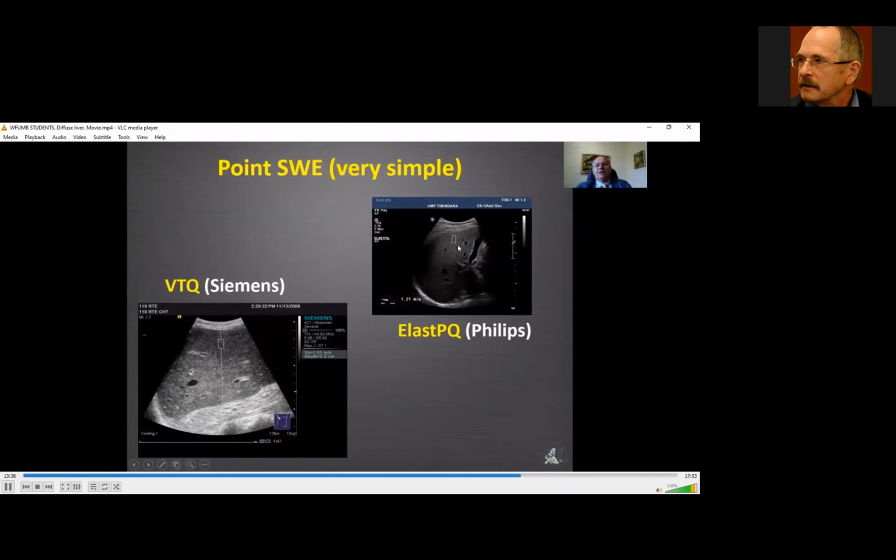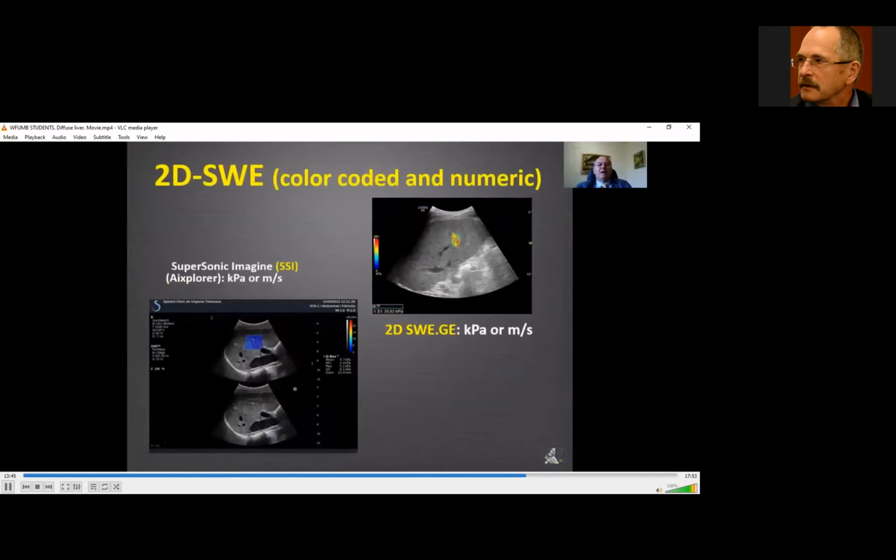Or in other systems, the same for the liver: the box, and we have the results expressed in meters per second or in kilopascals. In shear wave elastography, in real time, it's a color-coded and numeric one. Then we have a color that shows us the stiffness of the liver; here it's not fibrosis. And we have here the value, because inside this box we put a ROI, a region of interest, and then